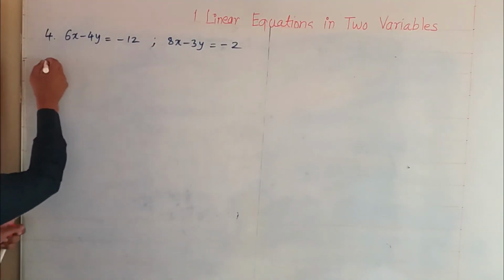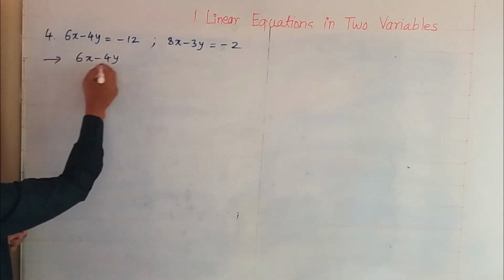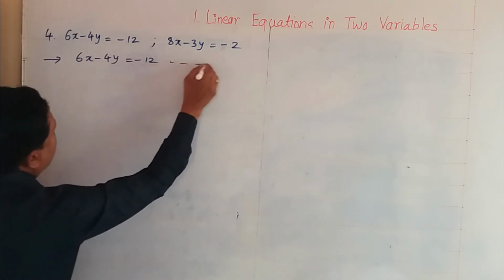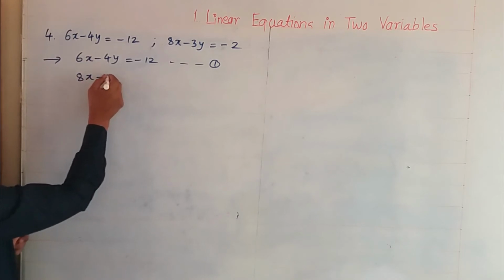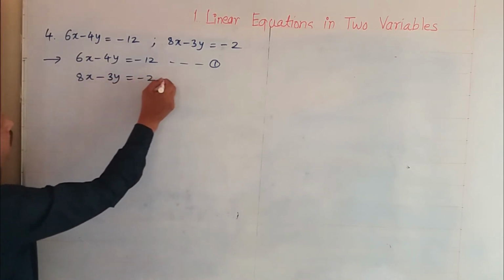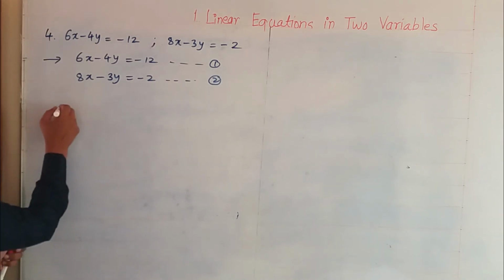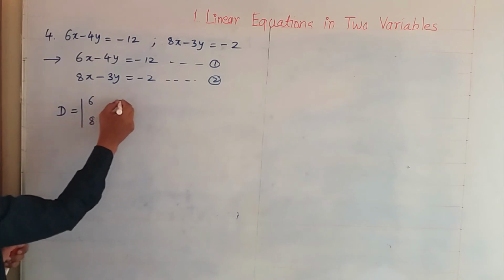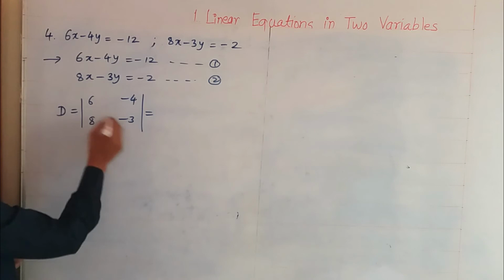Next example is like this. So write the equation first. 6x minus 4y is equal to minus 12, equation number 1, and write down the equation number 2, 8x minus 3y is equal to minus 2. Now write down the determinant, that is the second step. D is equal to 6, 8, then minus 4 and minus 3, find the value of this